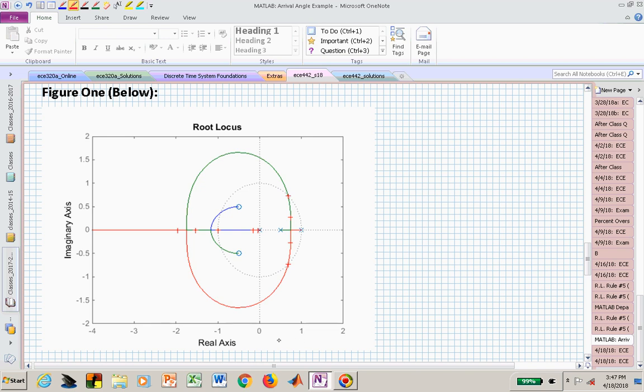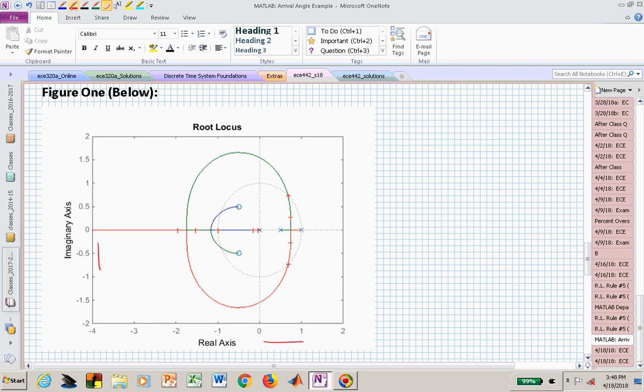Now look and examine this. Our axes are not really square, meaning this distance is not the same as our vertical distance, and so these angles and shapes will be a little bit distorted unless in MATLAB you say axis square and square it up, and then your angles will be valid. But you now can see that we are arriving at the zeros since that unit circle. You can see that unit circle is a little distorted. It doesn't look quite like a circle. But these angles of arrival now are 180 degrees coming into those